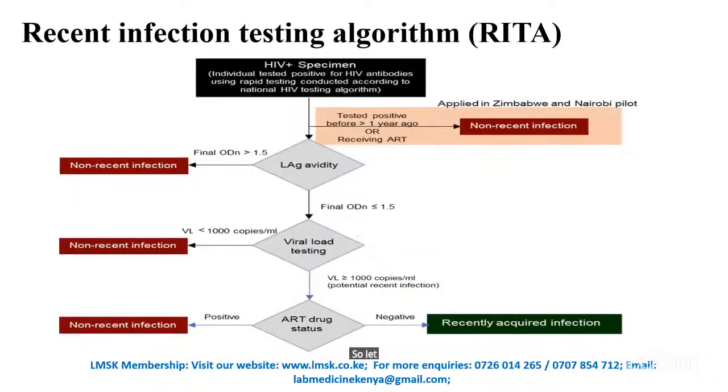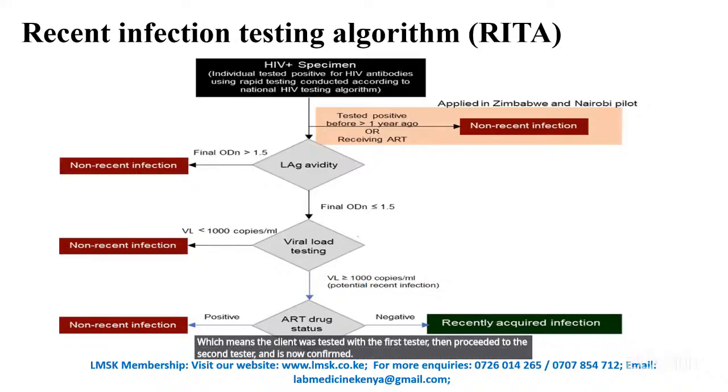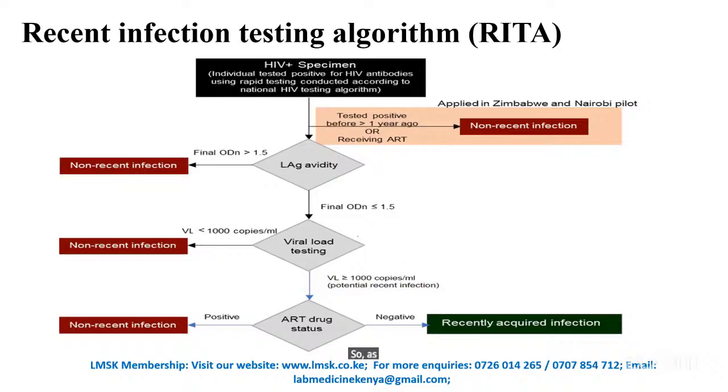So let's look at the recent infection testing algorithm, the RITA. For a client to be done the RITA, the client must be a confirmed positive using the recommended national HIV algorithm, which means the client was tested with the first tester, then proceeded to the second tester and is now confirmed. So as this client now is collected blood for recency or done a recency test at